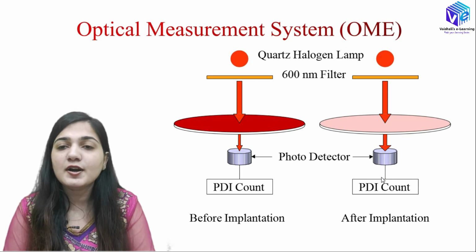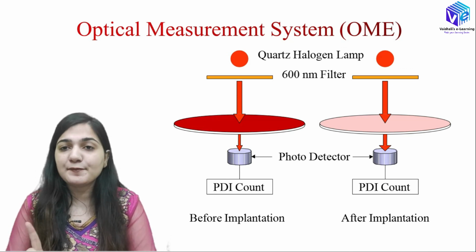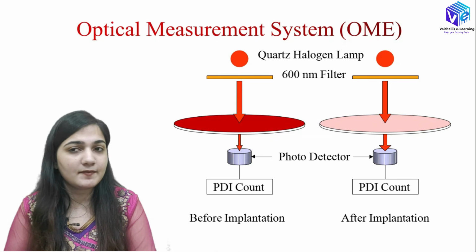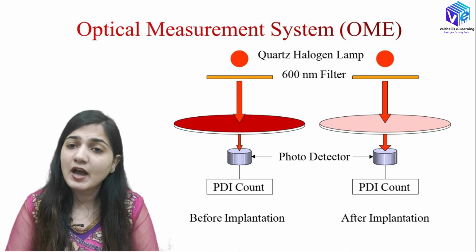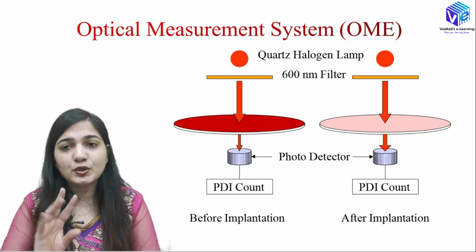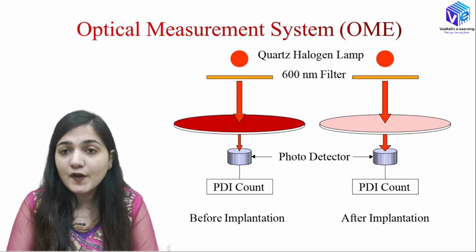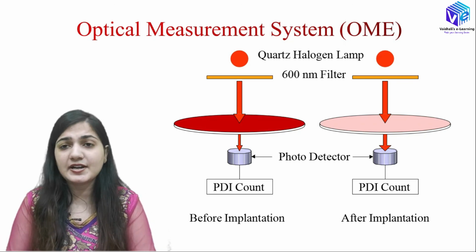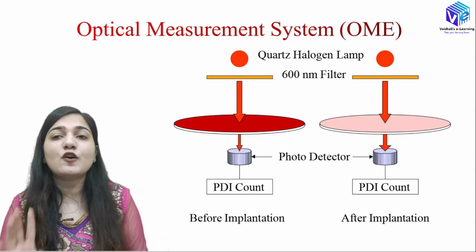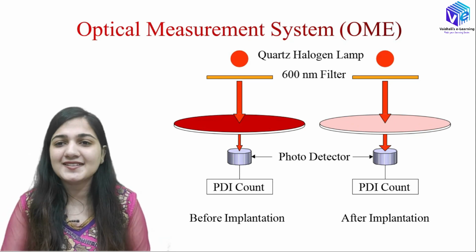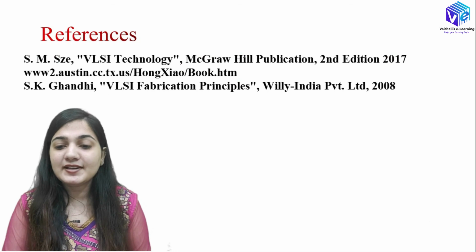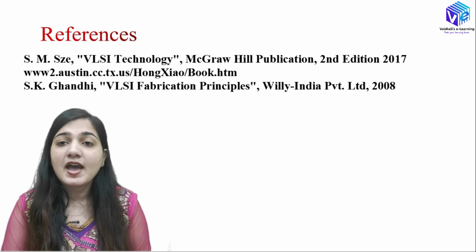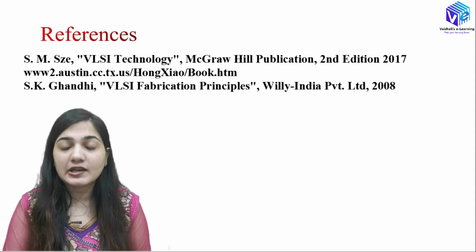So I hope now you understood all of the three types of processes for the measurement, and now you are in a position to give your views about these three types of processes, how these three are different, and which one is better according to you. Now you give your answer in the comment. So these are the references. These are really amazing books. You may refer to these books and you will find them really amazing.